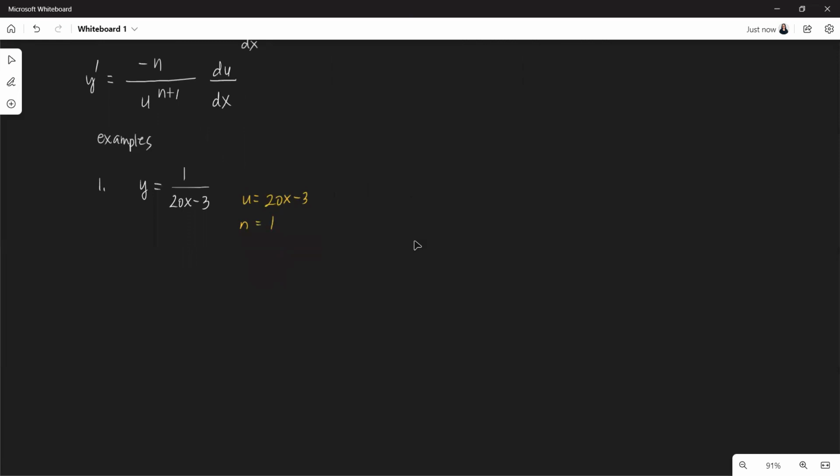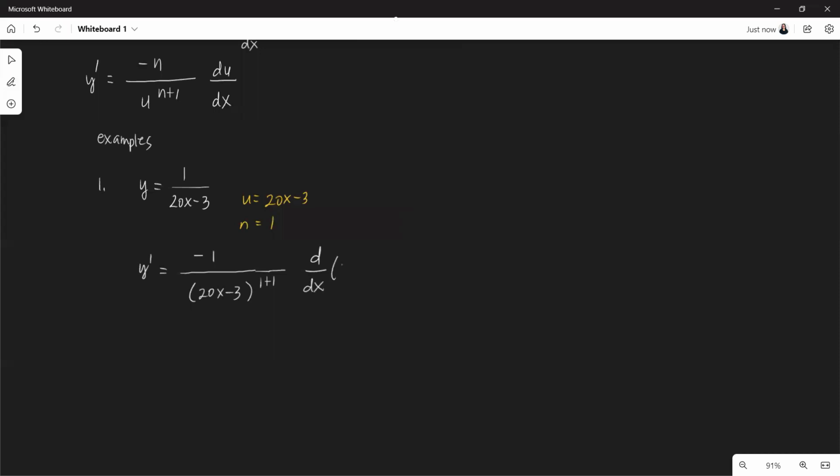If you have that given function and we want to get its derivative, we simply write the n, meaning 1, the exponent of the function here. So it's -1 over u to the power of n plus 1. We copy the base, or the u, which is 20x minus 3, and raise it to n plus 1. So if n is 1, then 1 plus 1, multiplied by the derivative of